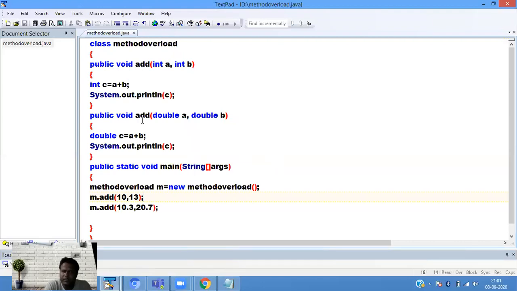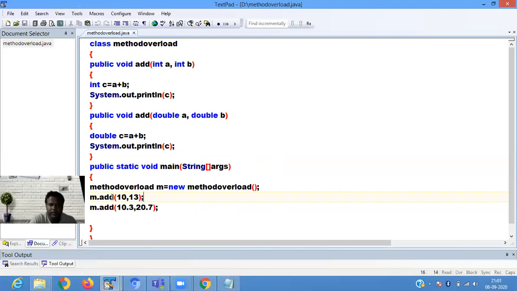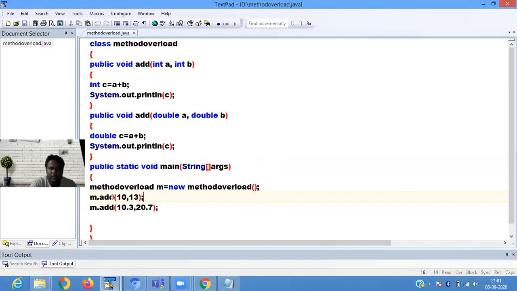If you notice, we define int a and int b, and double a and double b. So the number and type of parameters here are different. In the main method, we create an object of the class. Through this object, when you call the add function, which function will be called?